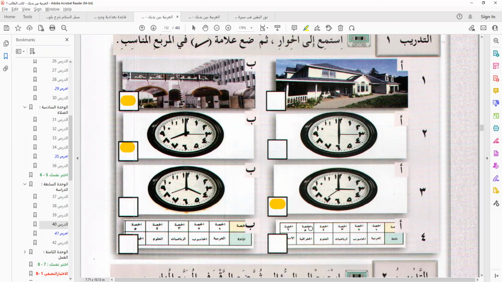Then you have كم حصة تدرس في اليوم. How many periods do you take في اليوم, in a day? And the response is أدرس 5 حصص في اليوم. We check this jadwal. These are ست حصص from 1, 2, 3, 4, 5, 6. And this has 1, 2, 3, 4, 5, and this has خمس حصص. So this is the correct answer.